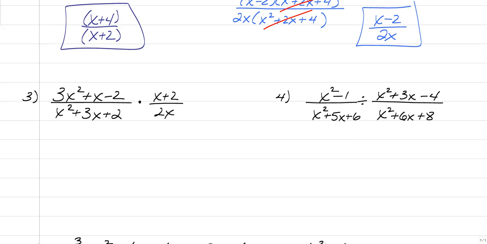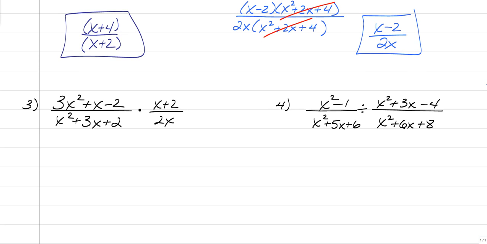So now we need to talk about multiplying and dividing. Here's the cool thing about multiplying and dividing. What's on top is going to stay on top. What's on bottom is going to stay on bottom if you are multiplying. So you don't really need to do anything else that's that fancy. So for this first example on multiplying, you're going to want to factor,